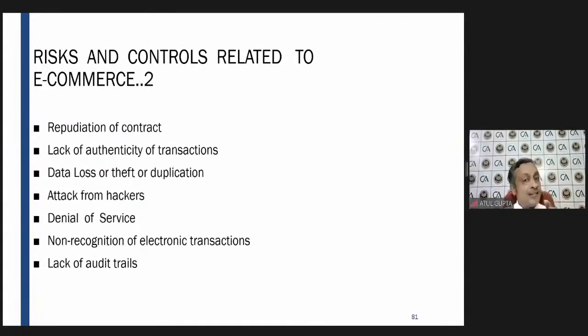Repudiation of contract. Repudiation means cancellation. So see what happens: you have ordered a product online and then you're waiting for the product, and it's a B2B purchase. Means once you get the delivery of the product, you're going to use it for your business or do some additional